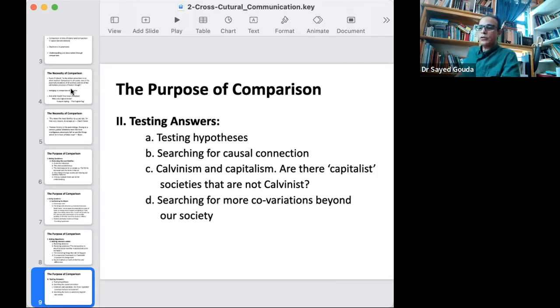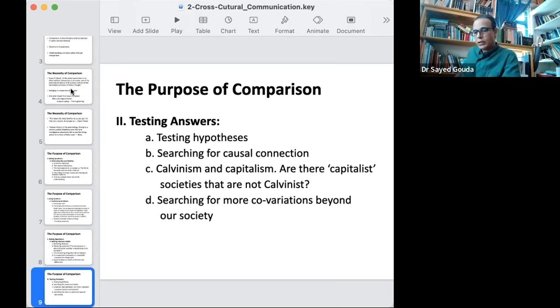When we test our answers, we also need to search for causal connections. Causal: always ask why and how, why things happen this way and how it happened. Trying to find the causal connection, the reason, the cause and effect. For example, we can ask questions, and this example has been brought forward by Max Weber,